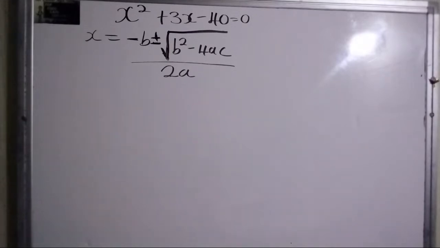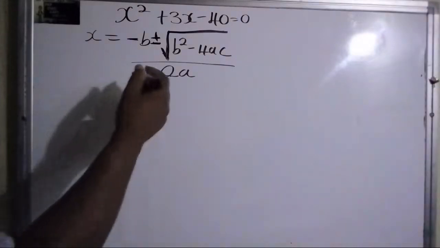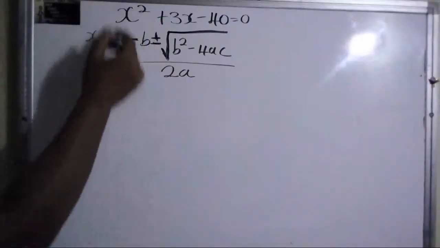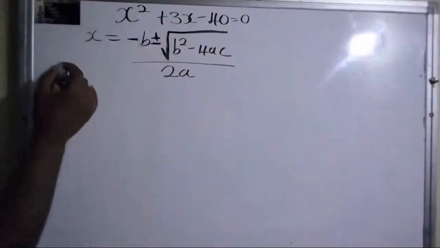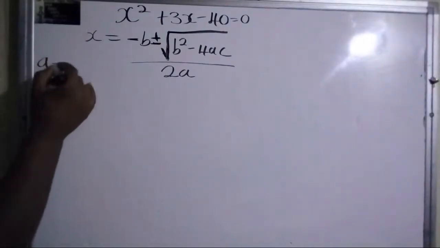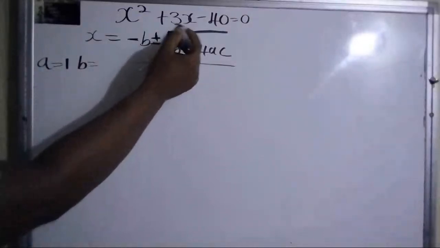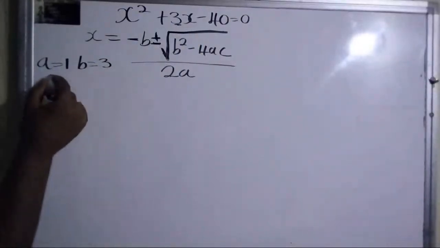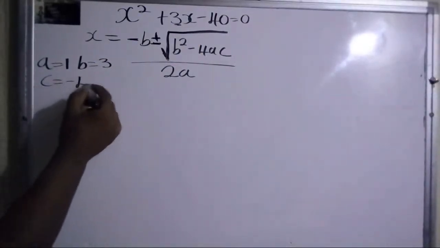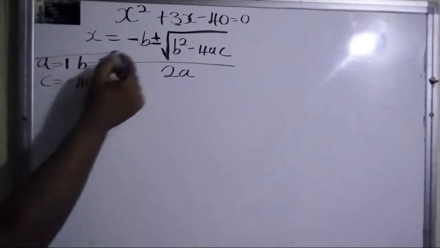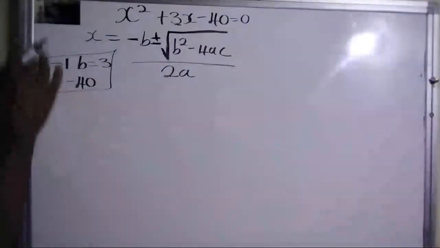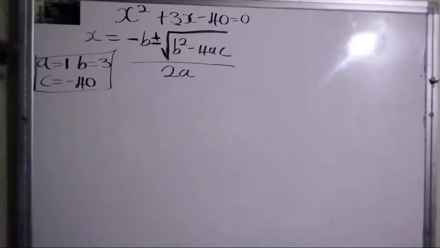Alright, so let us write the values of A, B, and C. A would equal 1, because you're taking the coefficient alone. B is equal to 3 and C is equal to negative 40. These are the values that we're going to be plugging into the formula. So the formula says